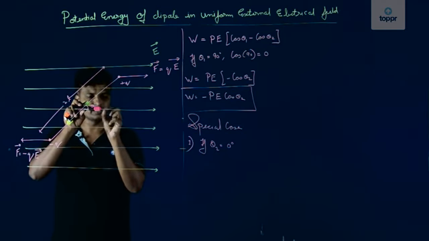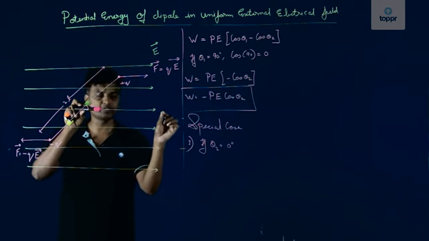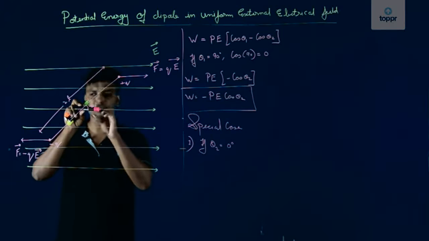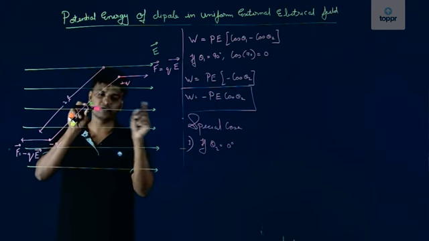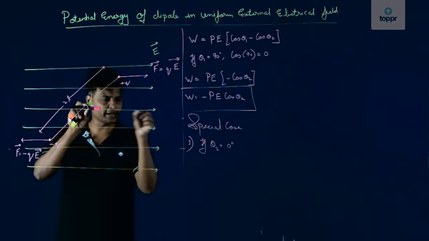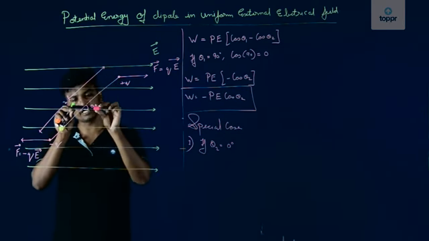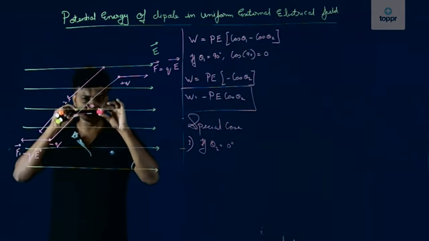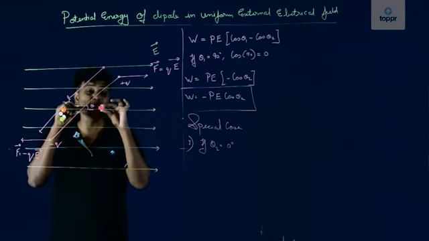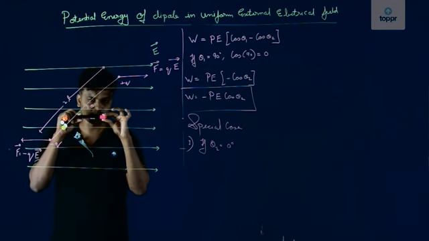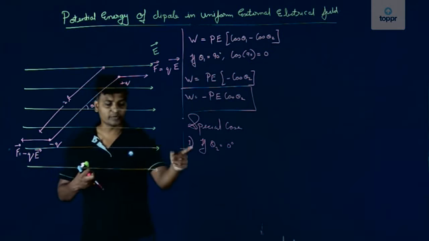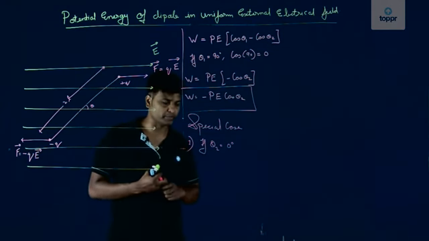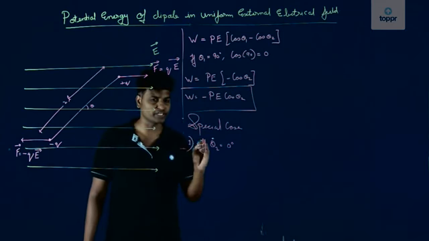So in this case, the positive charge will get attracted towards the negative terminal. How is the electrical field? It is always from positive to negative. Here we have positive charge, it will get attracted towards negative. Here we have negative charge, it will get attracted towards positive. So that means in this particular state, the electrical dipole is completely at stable equilibrium. Yes or no? Yes. So this is the position of stable equilibrium, and in this position of stable equilibrium, let